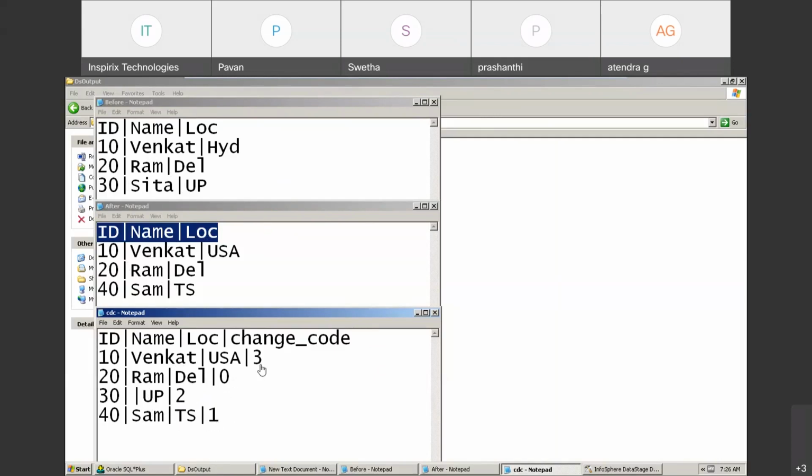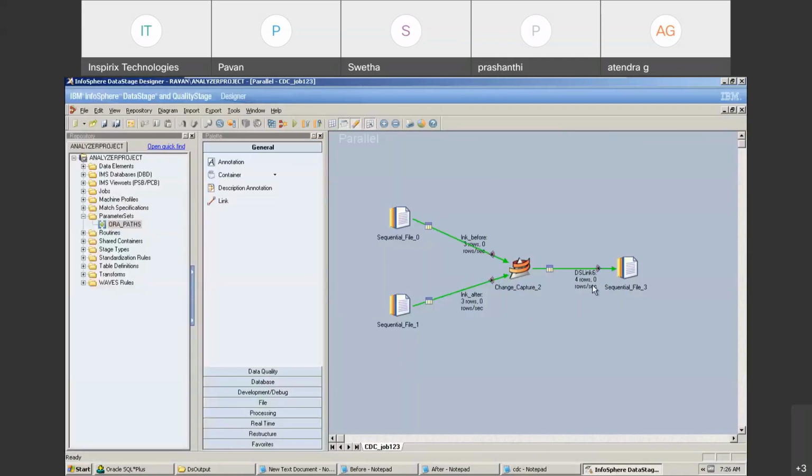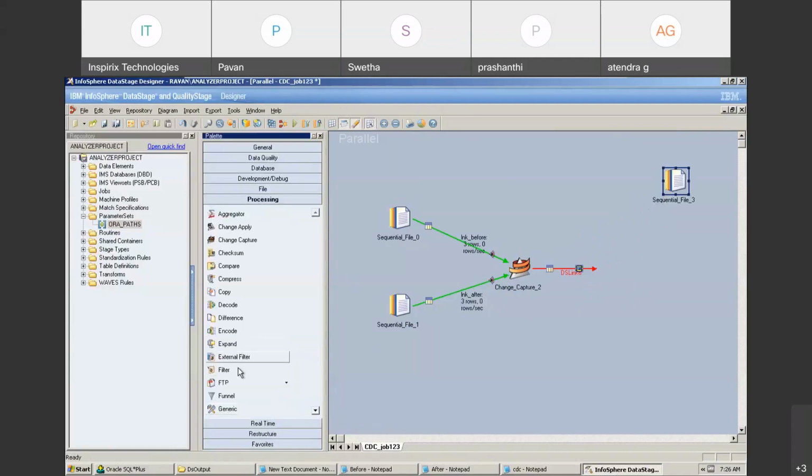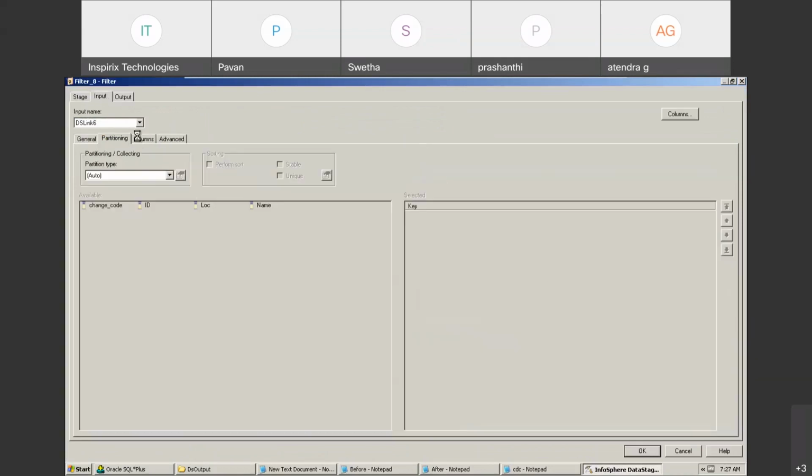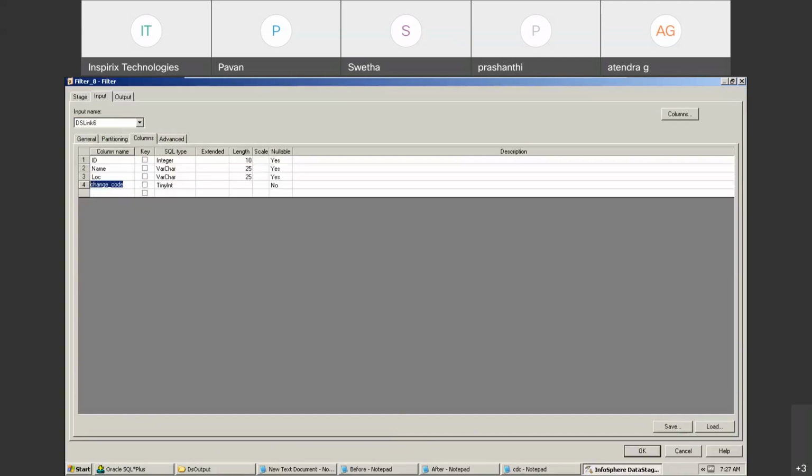Okay. So now I know which one is which, right? So you can simply apply a filter after change capture and create 3 separate output files. Maybe let's say I'm just worried about all the updated records and newly inserted. I want to handle only inserted records. So what do you do? You go to filter, take the filter and create an output file. From the filter, go to input columns, change code equal to